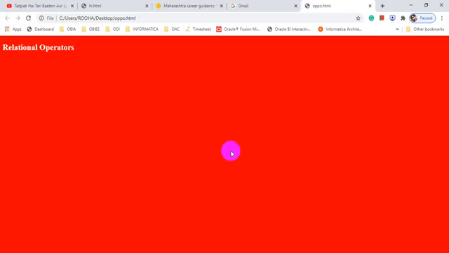Now you will notice that you have just created a brand new HTML page. The background color of that page is red and the text color is white. That's why this text is written in white color. Okay, now I am going to add